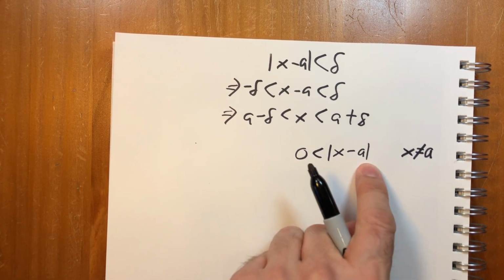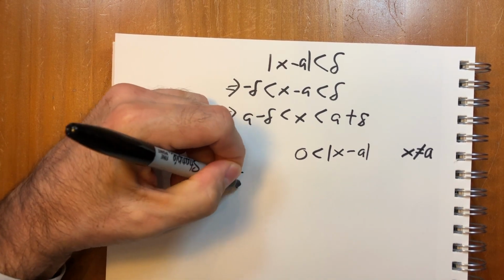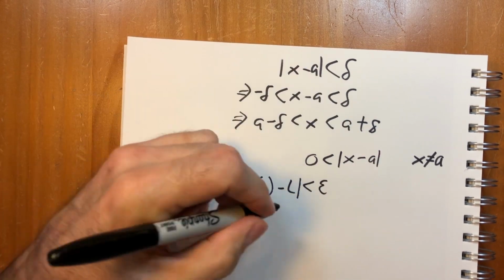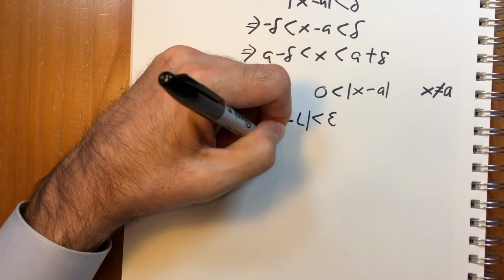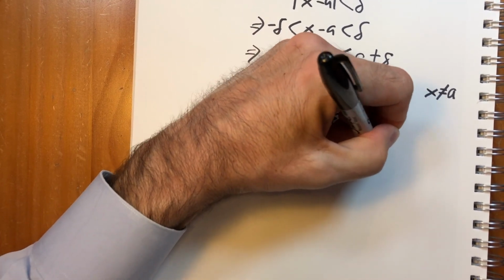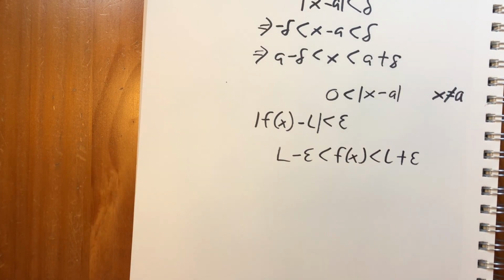But this is not allowed in the definition of distance. And then similarly for |f(x) - L| < epsilon, we can rewrite that as L minus epsilon is less than f(x) is less than L plus epsilon. So the limit definition can be stated in terms of intervals instead of distances by saying that